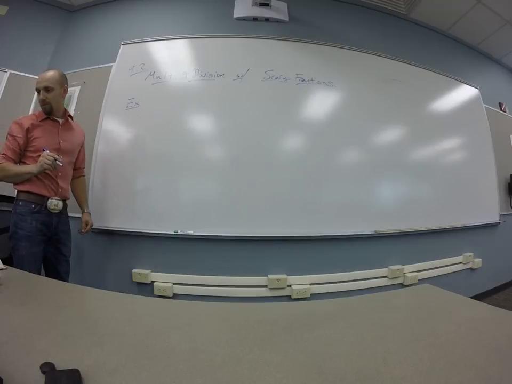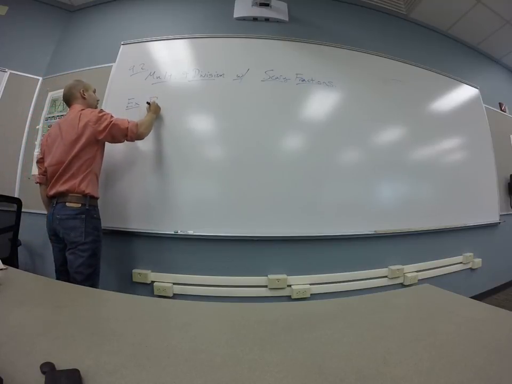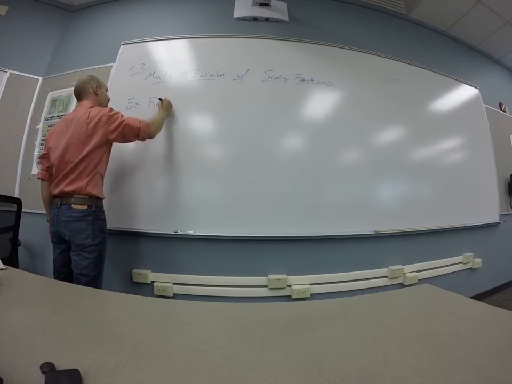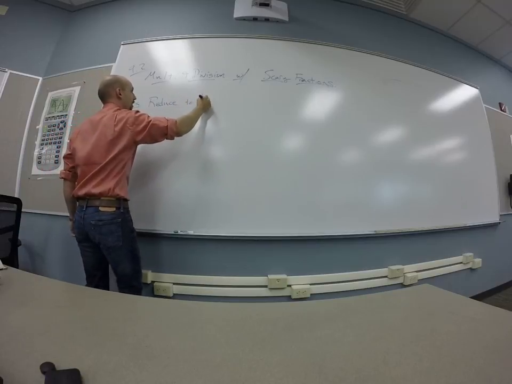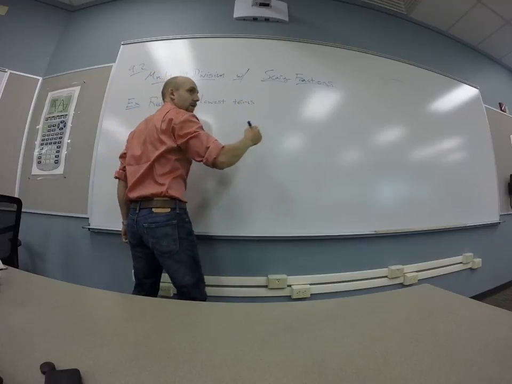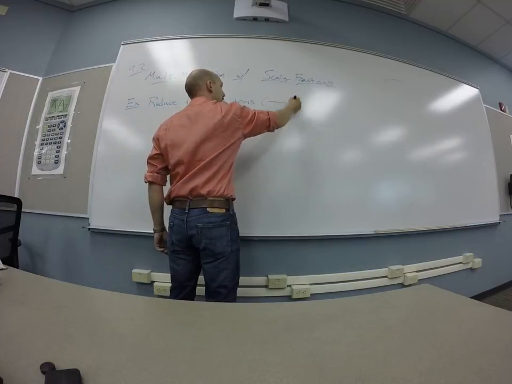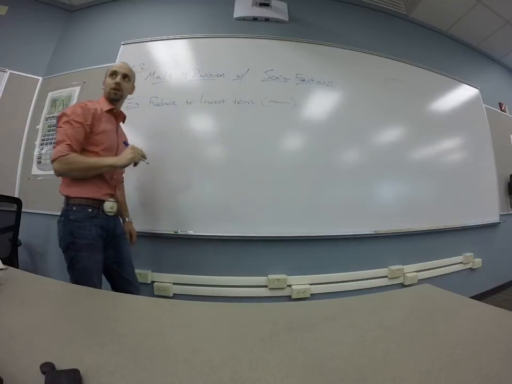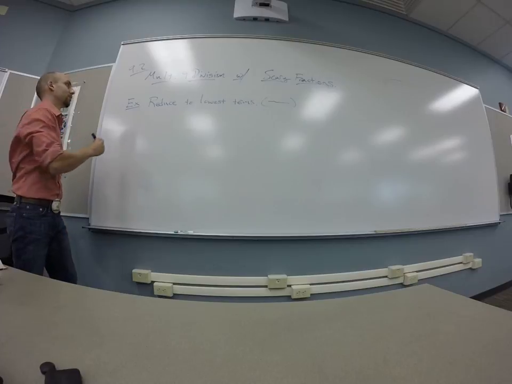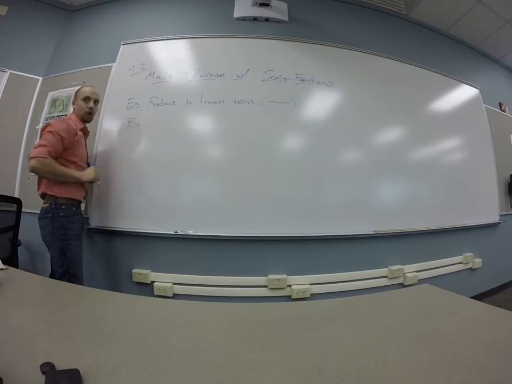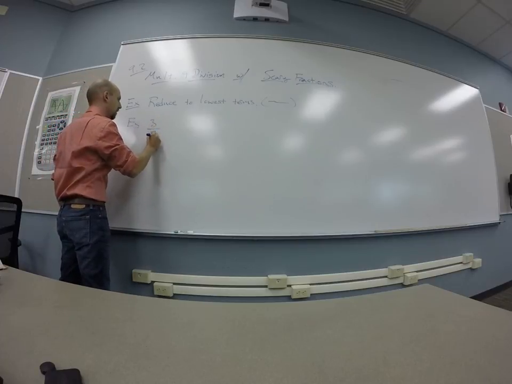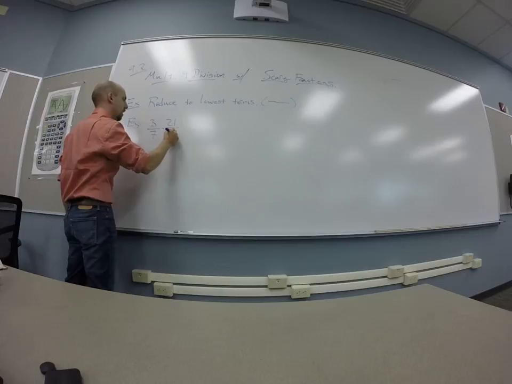Alright, so an example with multiplication, let's see. We might have: reduce to lowest terms. And then there's that bit about assuming the domain blah, blah, blah, right? Assume the domain is restricted to things that don't make you divide by 0, right? So here's our first example with fractions. If we had 3/7 times 21/9,